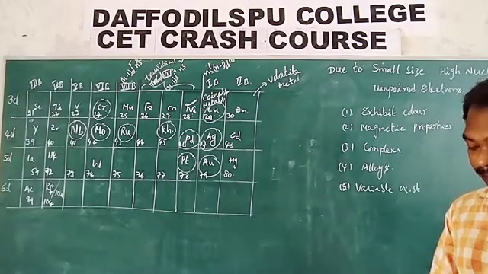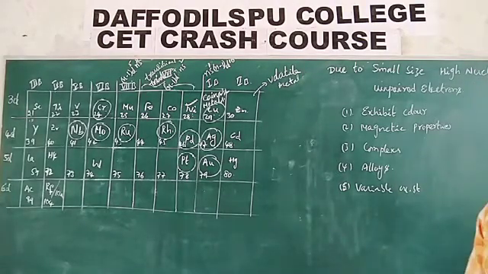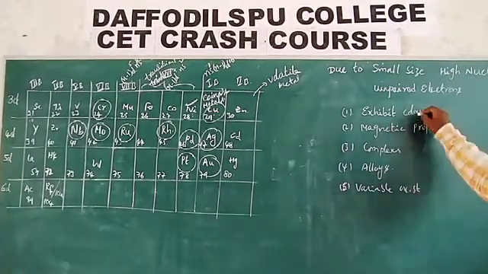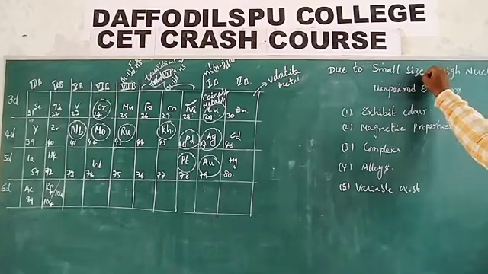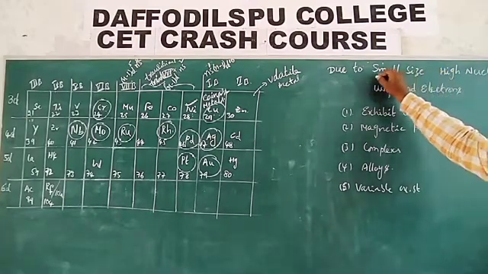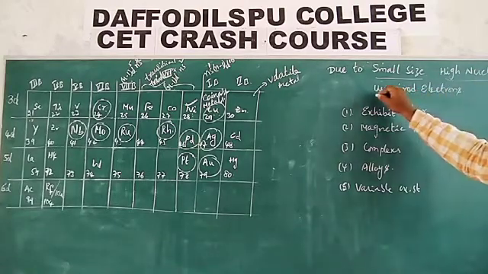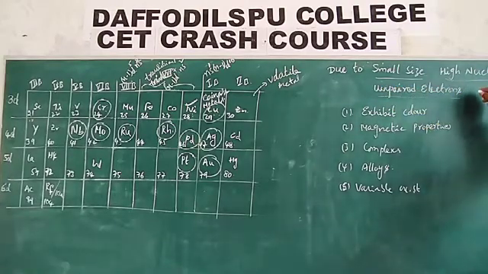All these are the properties of d block elements. All these properties are due to small atomic size, high nuclear charge, presence of a large number of unpaired electrons, and energy difference